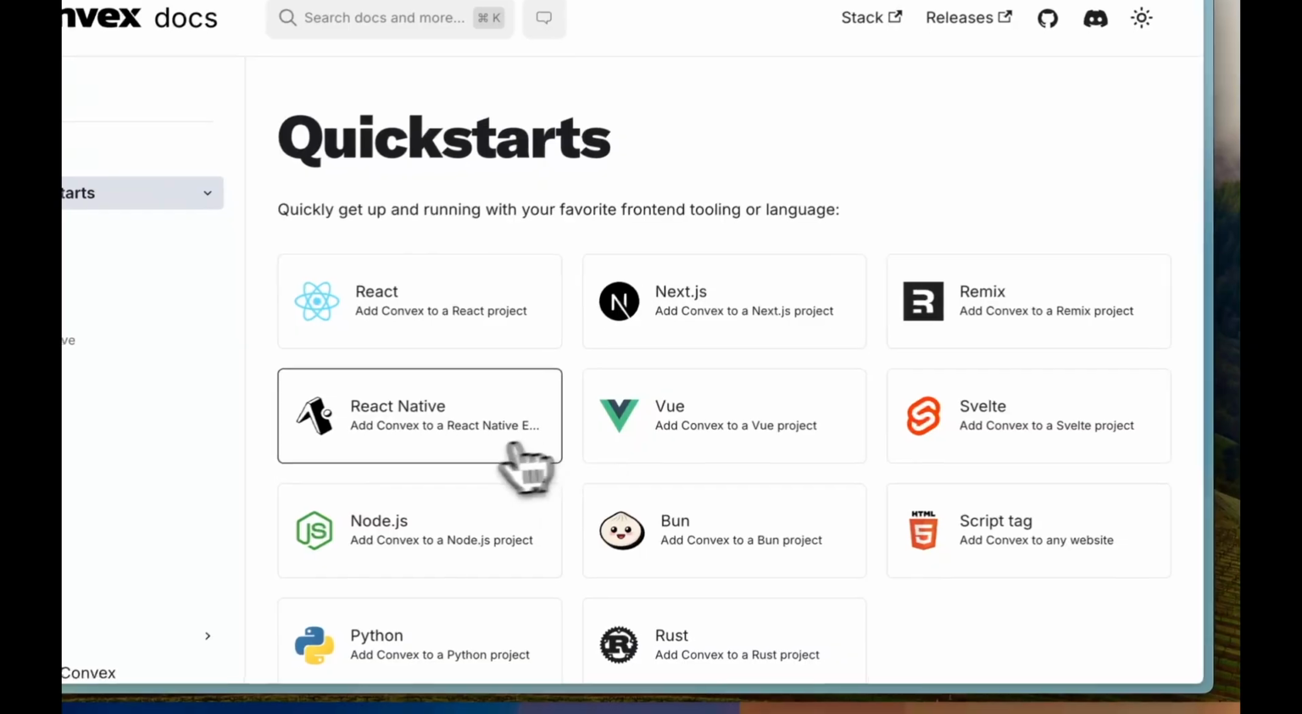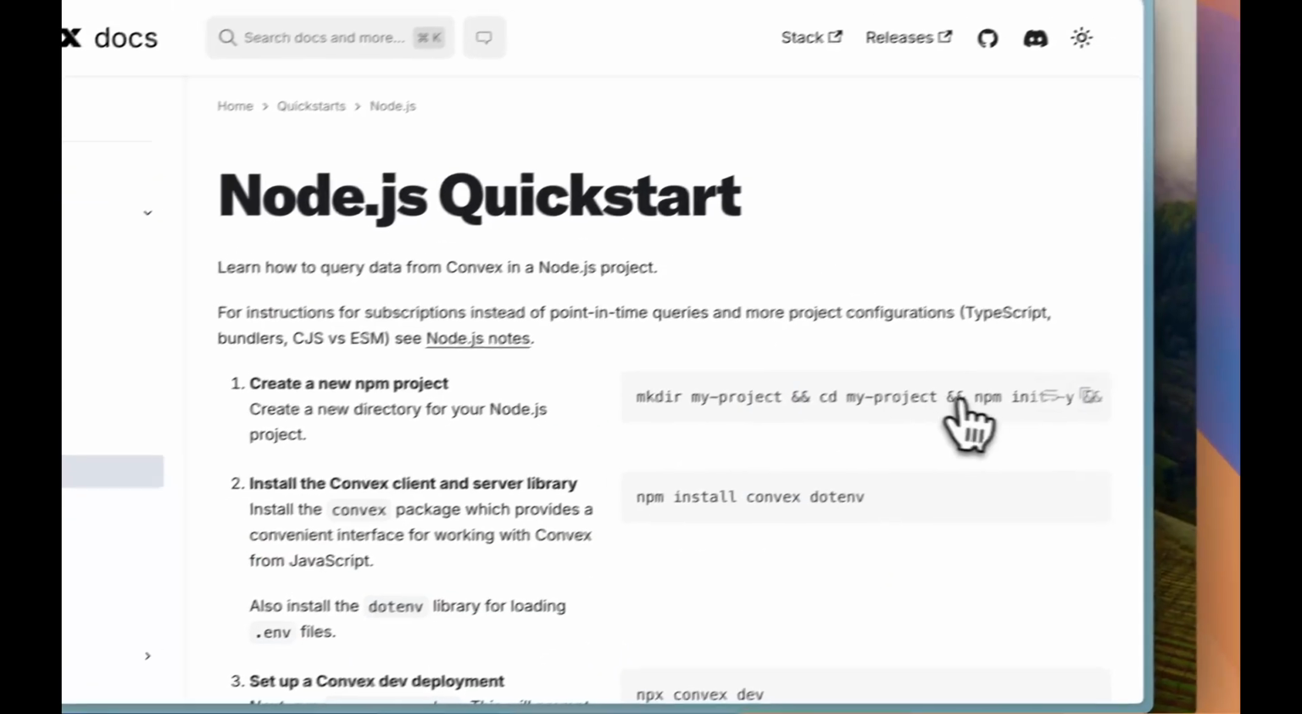Today, we're going to build an online bank with the C3 stack. C3 being Cursor, Claude, and Convex. And we're going to do it in less than 15 minutes. So let's get started. The first thing we need to do is head on over to the Node.js quick